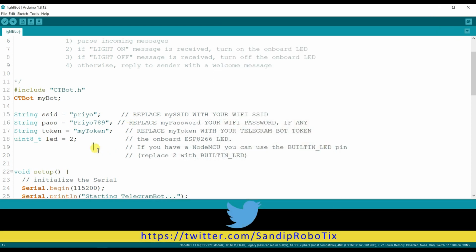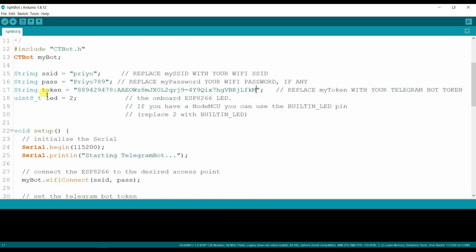Minimize. I will paste here the API key. I am using here two LEDs, so we need to take 2 times. First LED is connected on D1 and second LED is connected on D2.